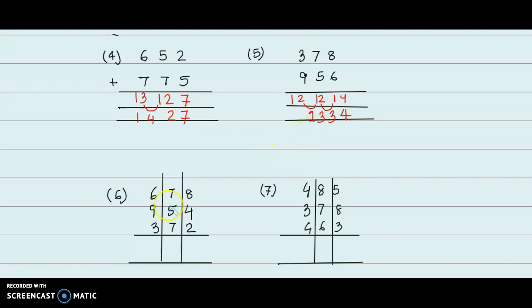And now question 6, you can see there are 3 digits in each row and there are 3 rows. So we will follow again the same rule. There is no change. We will first add 8 plus 4, 12, plus 2, 14, and then 7 plus 5, 12, and 7, 19,